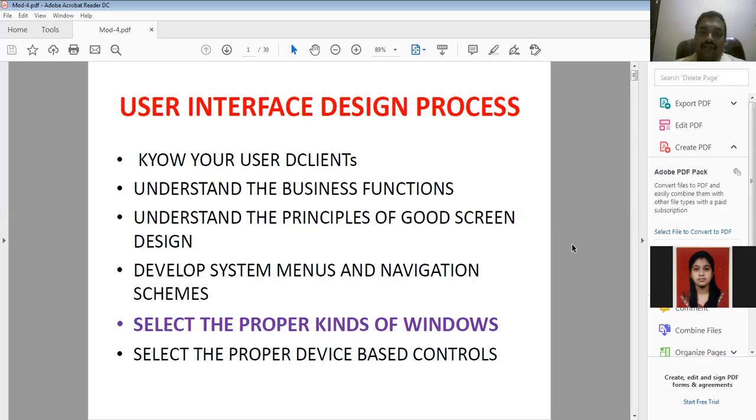Before selecting those two, we need to understand what the business function is all about and the principles of good screen design.